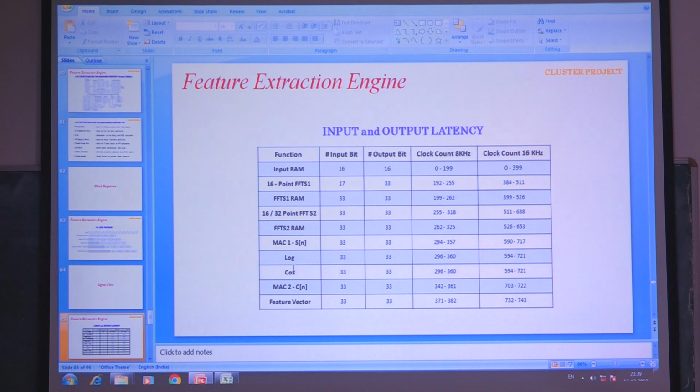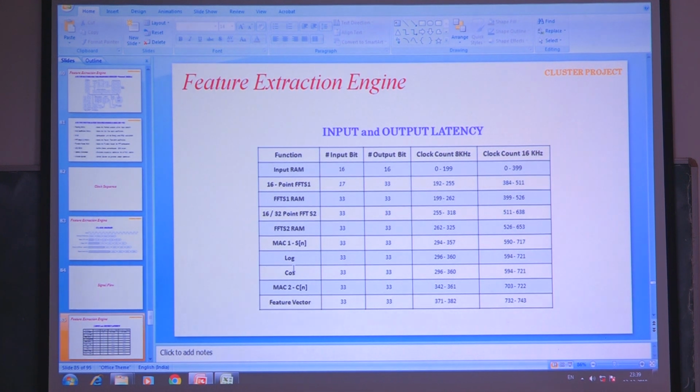So even in the idle time, the last feature vector will be maintained as the previous value. Once the idle time is over and the next frame starts coming, the next feature vector will start coming. So the latency for the 8 kilohertz is 382 and latency for the 16 kilohertz is 743 clock